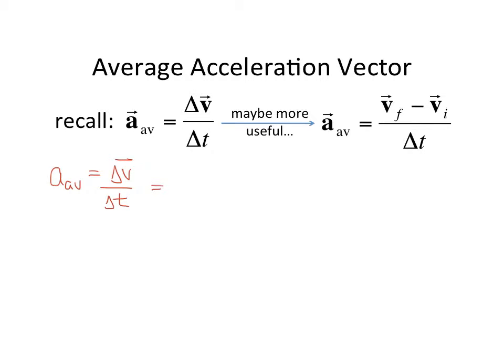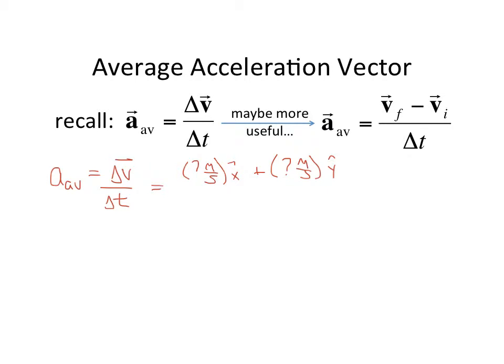So that means if you have a change in velocity written in unit vector notation, something meters per second x hat and something meters per second y hat,